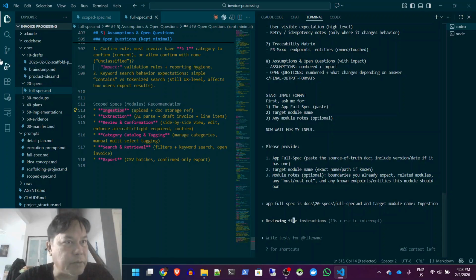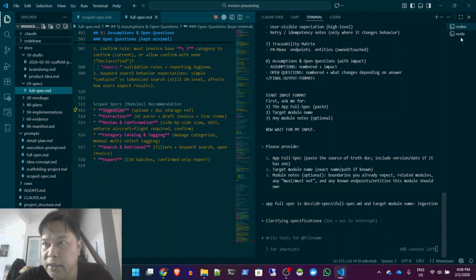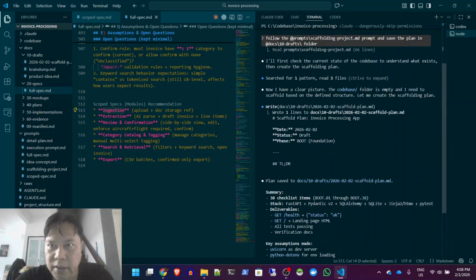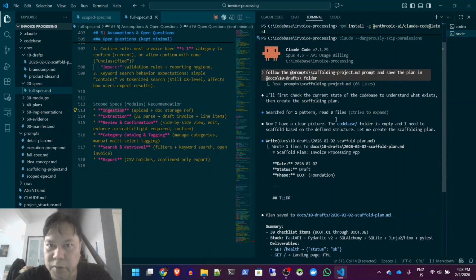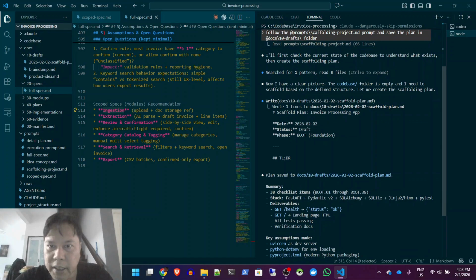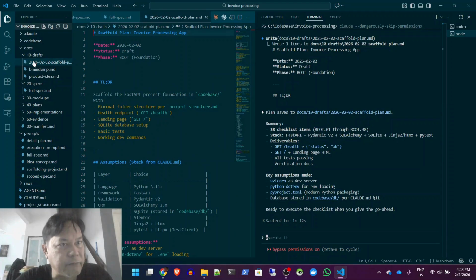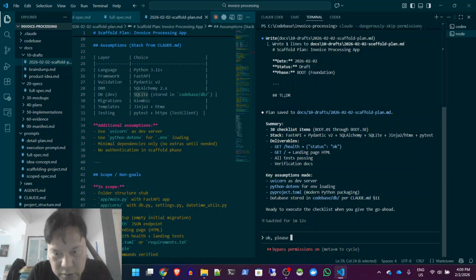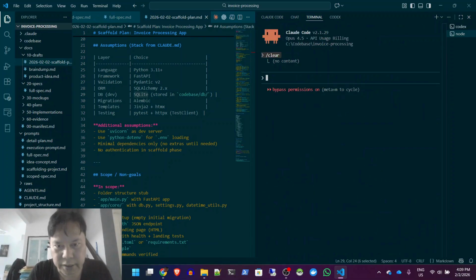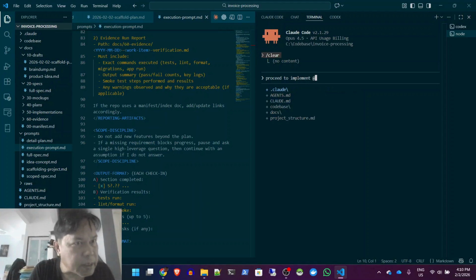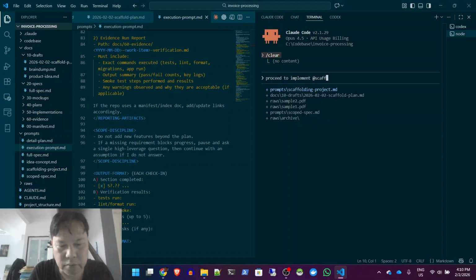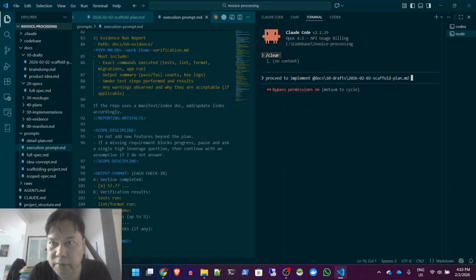Okay, so while it's doing that, let's see if Claude Code is completed. Yes. Okay, so it saved the plan in the draft folder. Okay, let's just clear, and then proceed to implement the scaffold plan step by step,